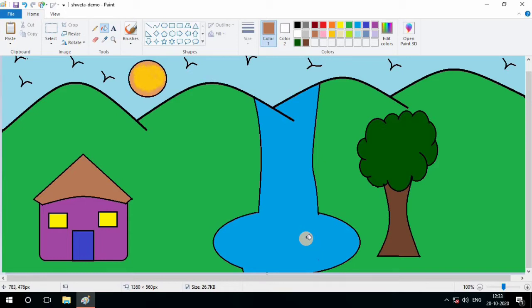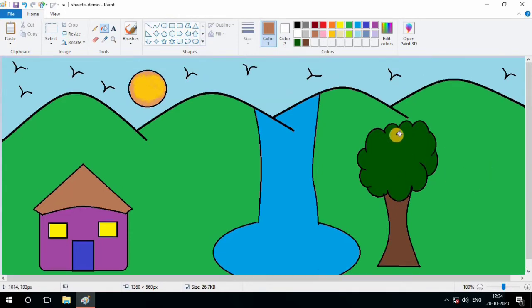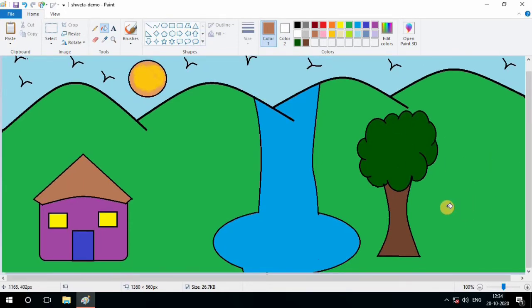But if you want to add something more, then you can again put in shapes and lines and draw here. So you can do it. For example, I want this circle. Remember that Color 1 should always be black whenever you are drawing.